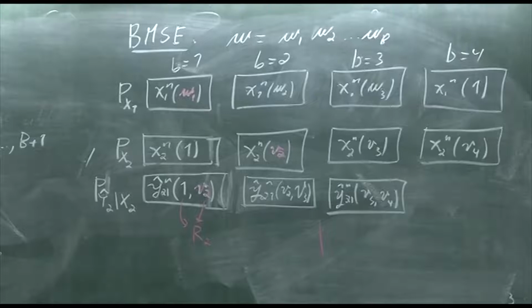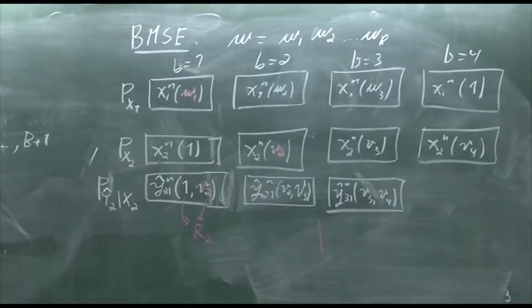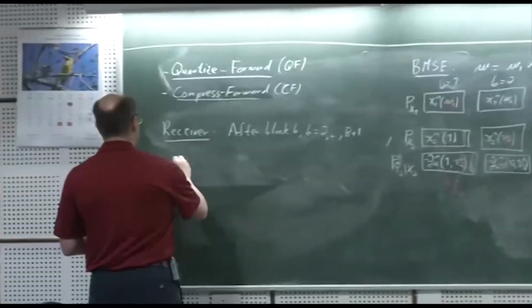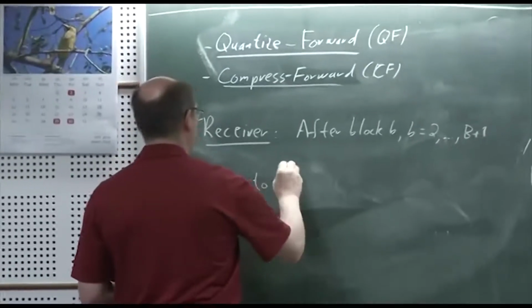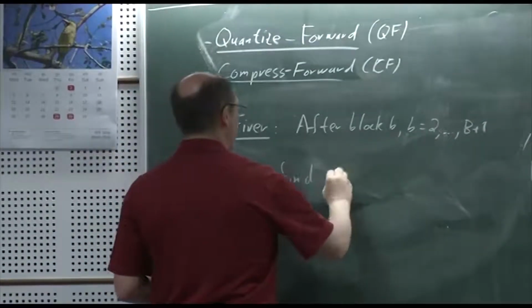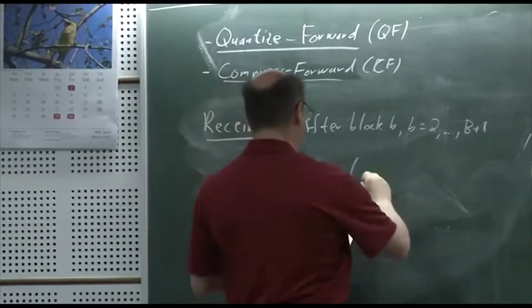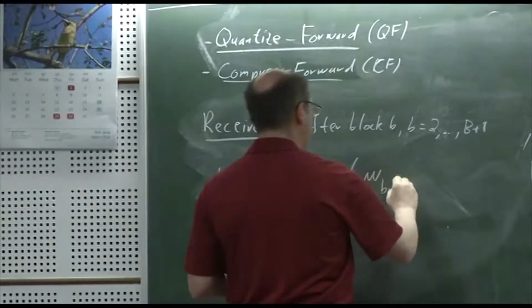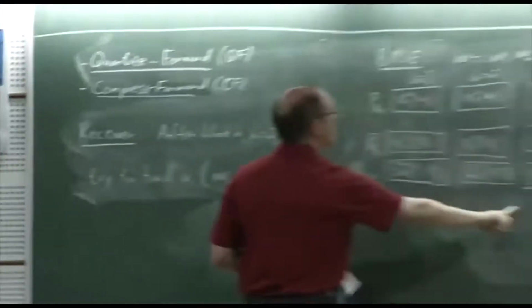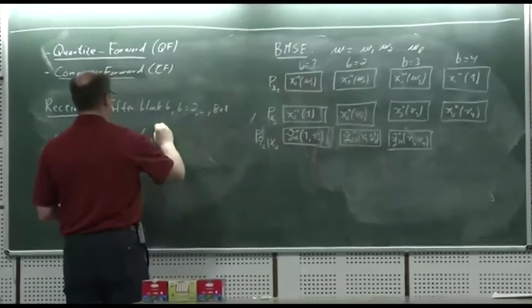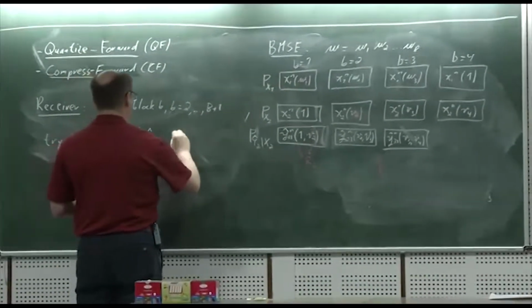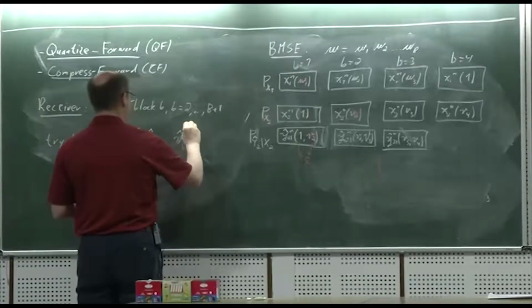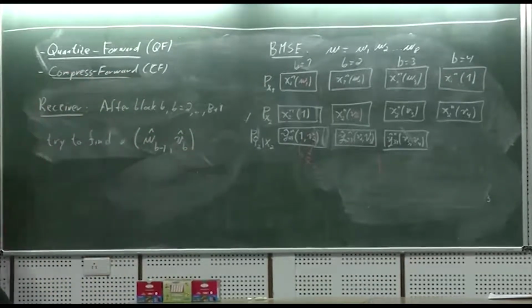Okay, to decode. So let me describe it in detail. So after block B, try to find a pair. So we're going to decode both W B minus 1, right? So this is B, we're now at B equals 2, so it's W B minus 1 hat and V B hat. I guess I could have chosen slightly different numbering for the times, but okay, whatever, it's there. Such that,